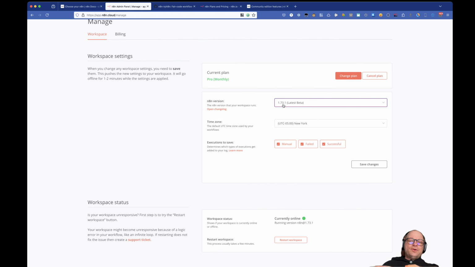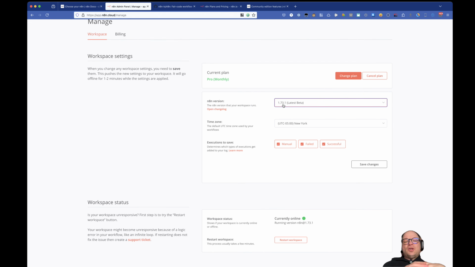On the Pro version, and I have not run the Enterprise, so I can just tell you on the Pro, if there is a new version, they will give you the notification on the homepage of your instance, but then you have to come in here and actually choose to upgrade it. They don't just do that for you for obvious reasons. Things may change that may break your workflows, and so we don't want to just have them automatically do that for us, and then we come in the morning and half of our workflows are broken